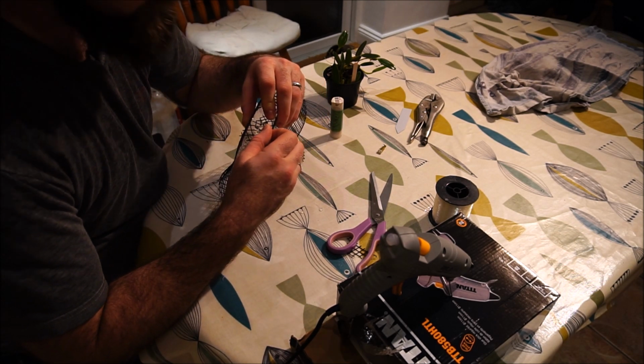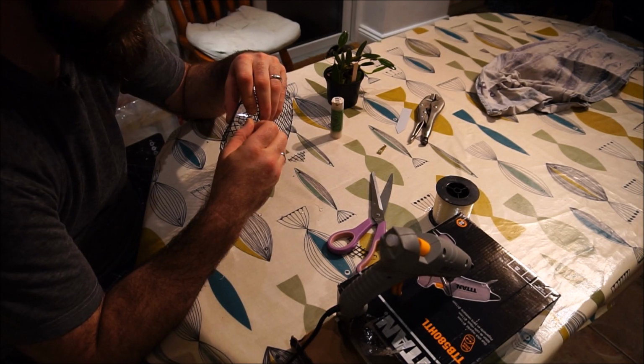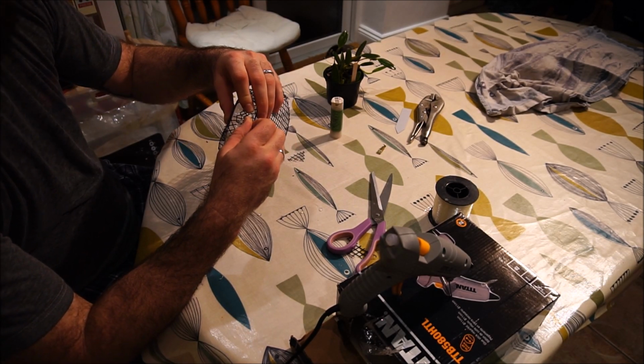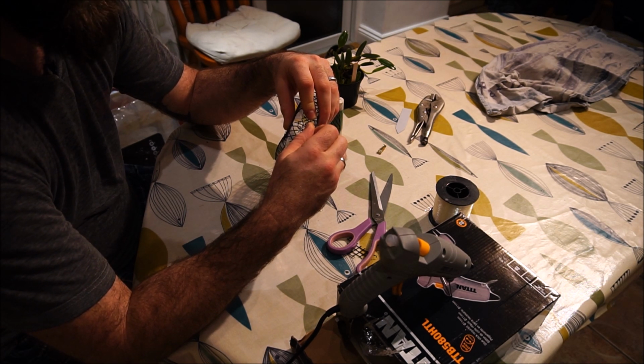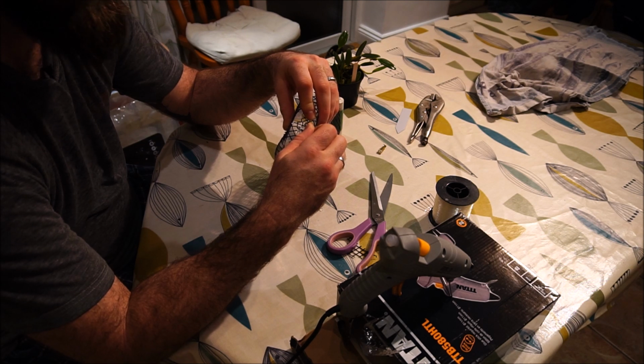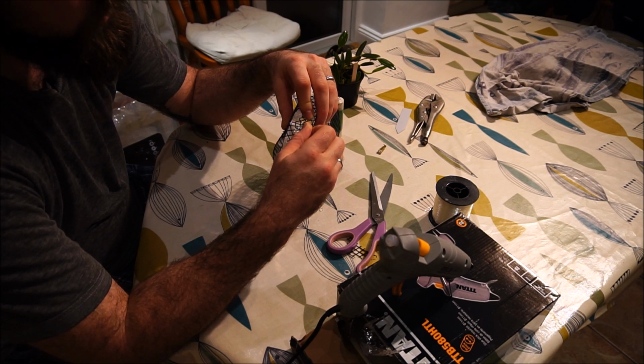I'm just holding it in place. And what we're going to do is repeat the process. So I'm just going to hold that in place for a minute. There is a bit of waiting around, but I think the end result's going to be well worth it. So I'm just going to sit here and hold this and hopefully not end up burning myself, because